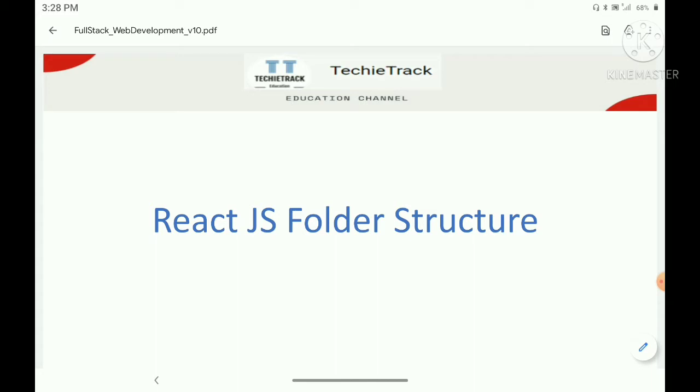Today we are going to discuss React.js folder structure. So why do we need to discuss folder structure? Because for every project, before you start the project, you need to keep the right files and